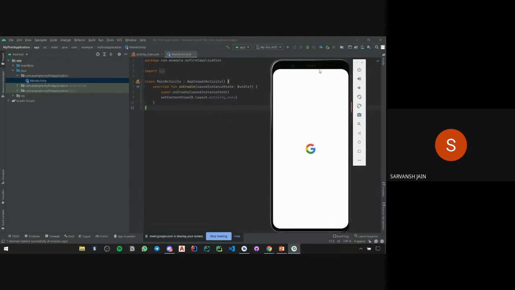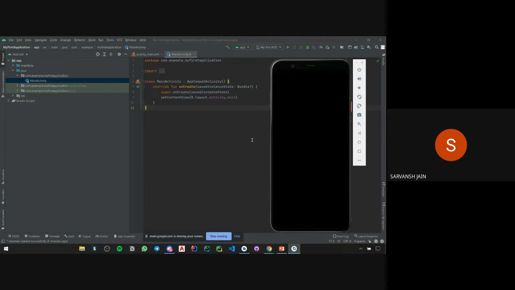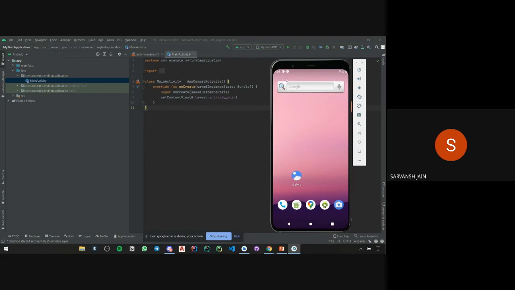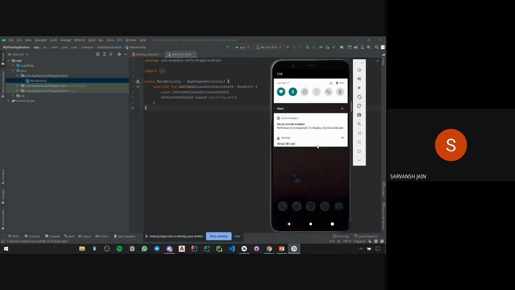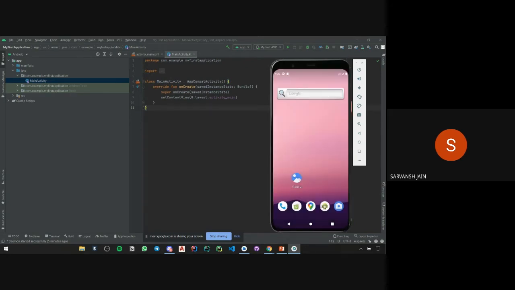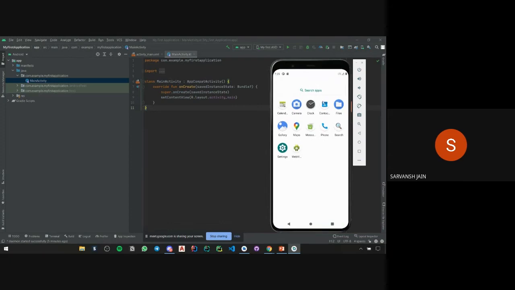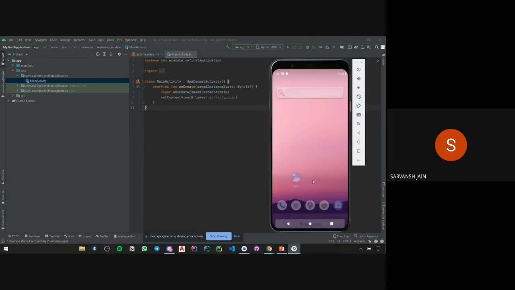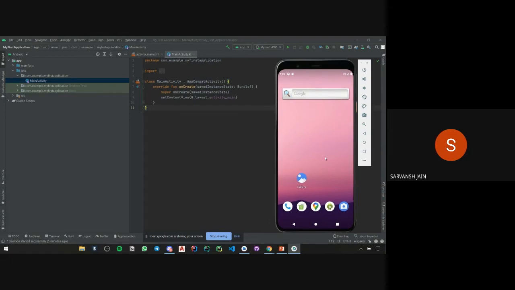My device is starting up. As you can see, it's a Pixel 5 running Android 11. All the functions of Android are working. I can scroll down for navigation, and I can scroll up. Everything works. When we test our application on it, we'll see.